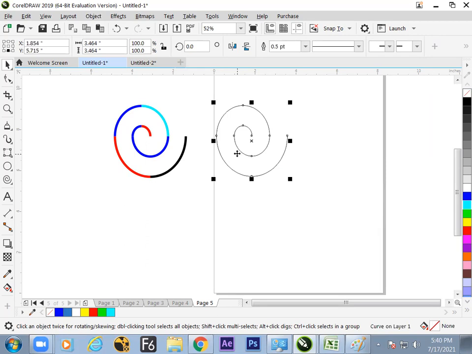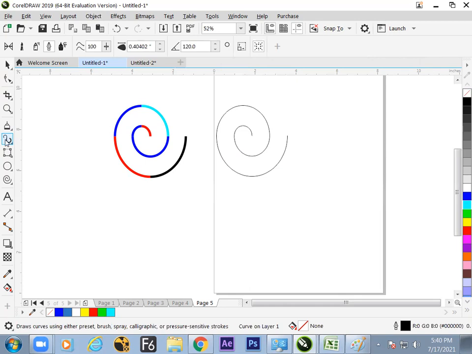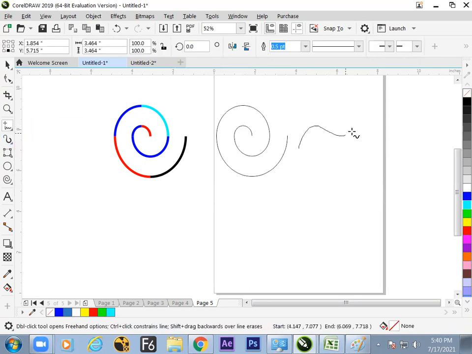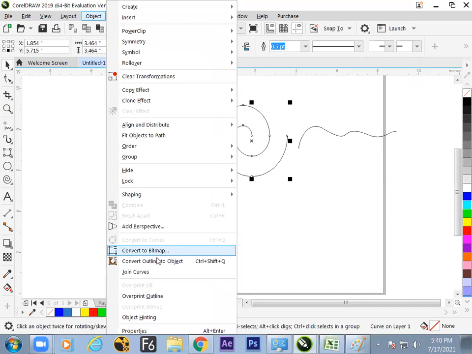Now the second part, modifying the line. Yes, it is not only for spirals, even for a freehand drawing, it works. So what is that? We can go for convert to curve, outline. So these two sets can go through a process inside the object menu called convert outline to object.